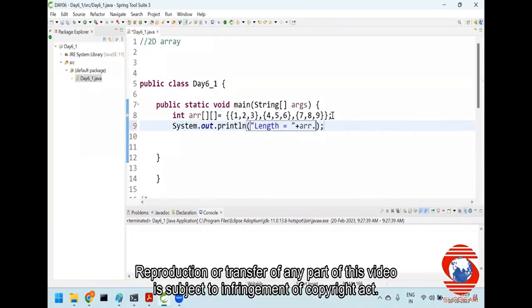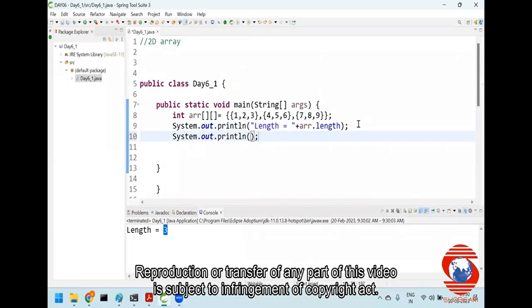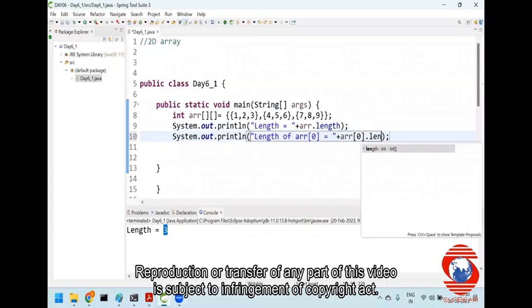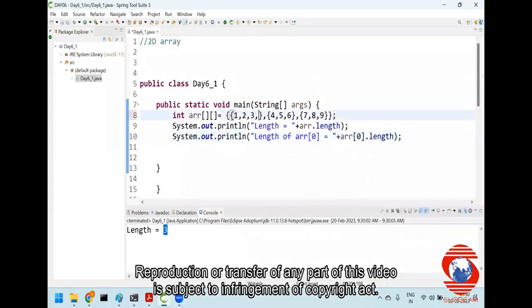So I'll say ARR dot length function. This is going to give me the length as 3. Why is it giving me length as 3? The reason is it just counts rows in my two-dimensional array, right? Hold on. Let us say I'm just writing length of array of 0. So I'll say ARR of 0 dot length. Let me put some more elements over here, maybe 4, 5, 6, 7, 8, 9, and 10. So in this case, if you observe, my length will come as 3,